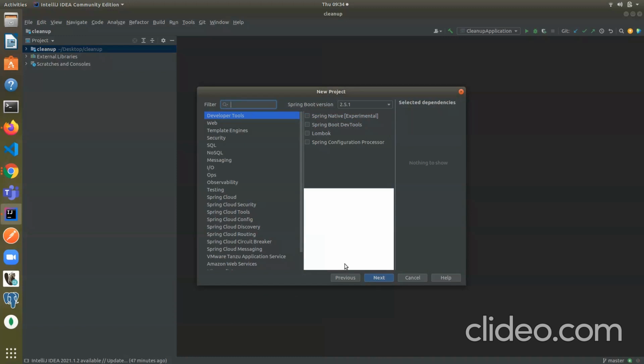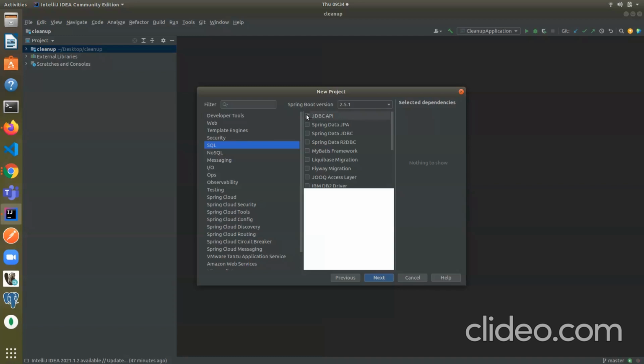After that, finally you have to choose the dependencies. Basically, to create an application, first of all you should choose Spring Web. This is necessary, and that's all. And if you are using some databases, then you have to choose the database dependencies.